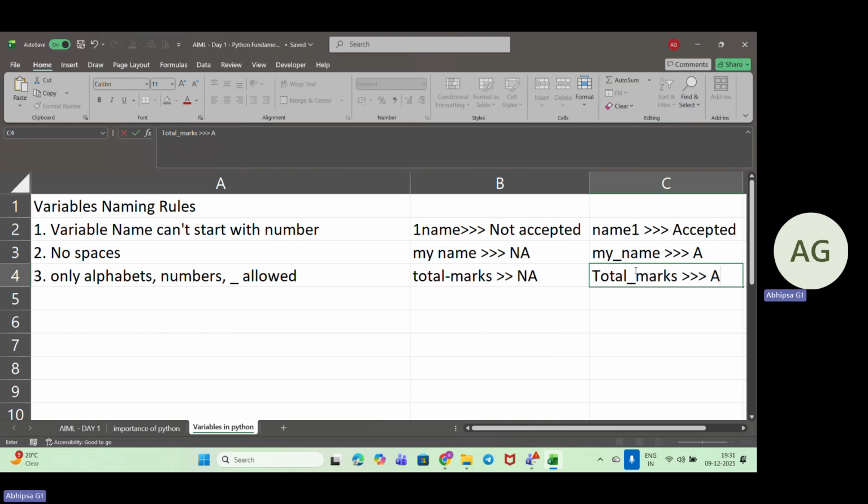Okay. Now, if we are also giving it like this way, total mm marks, that is also acceptable, since there is no space, we can take it. Okay.